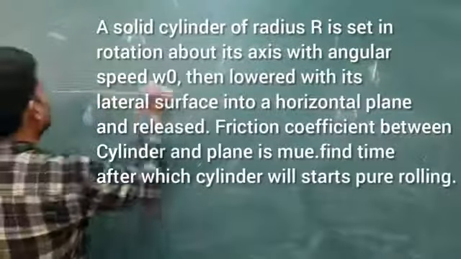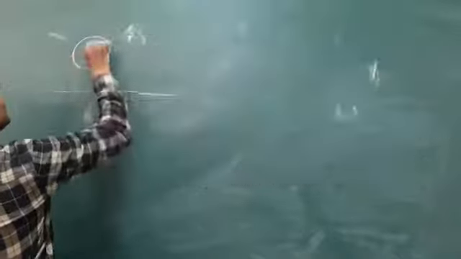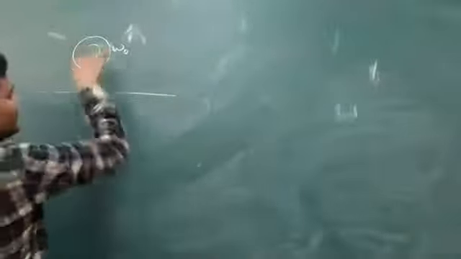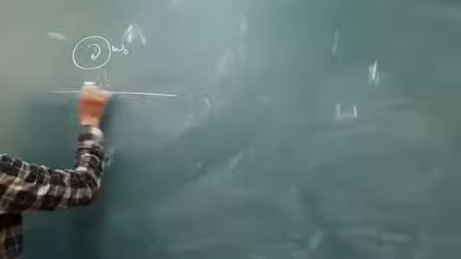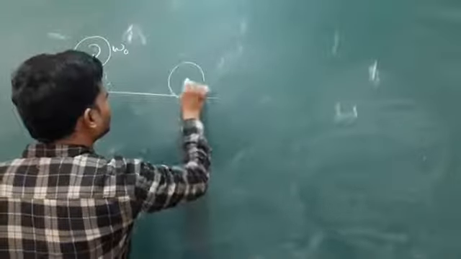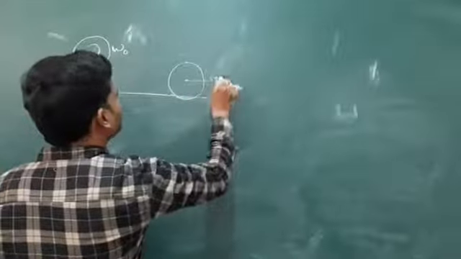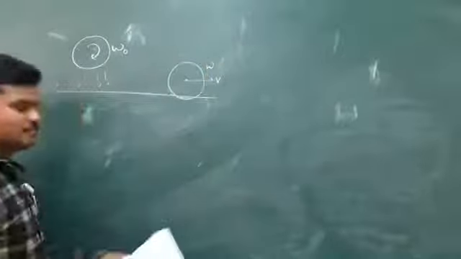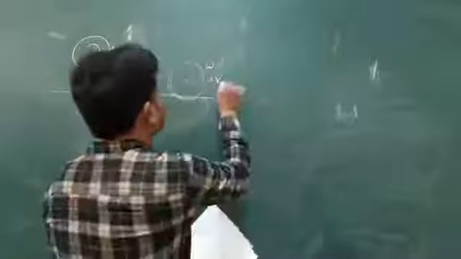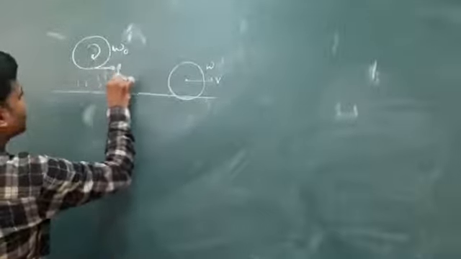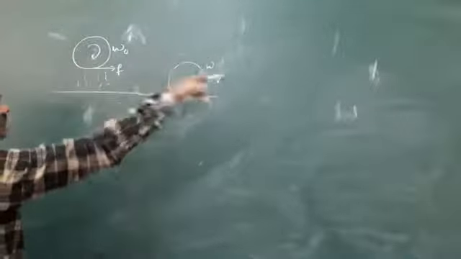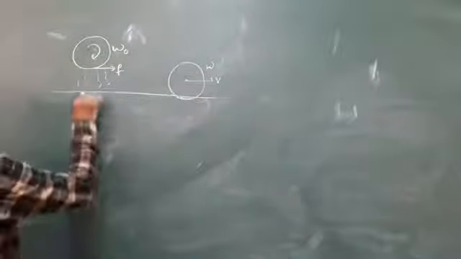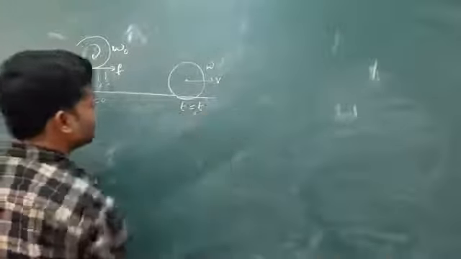Here they have given like this. Initially the cylinder rotates with an angular speed, they mentioned angular speed omega naught. Once it rotates, it is coming like this. We are giving some spin, and after some time the cylinder will start pure rolling with a speed v, and omega is v by R. So these are the final values. When it rotates, the frictional force will act in this direction because it is rotating in this way. Again you balance. See, this is time t equal to 0. This is time t equal to t.